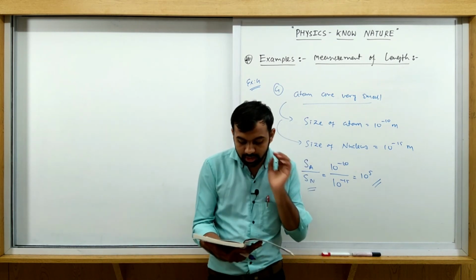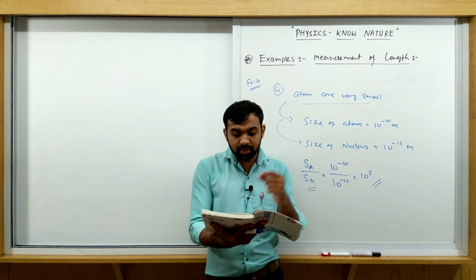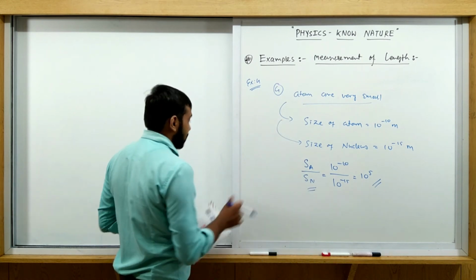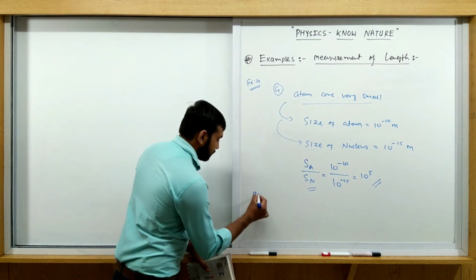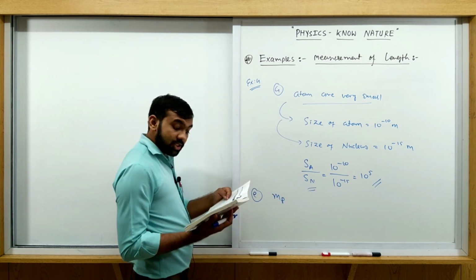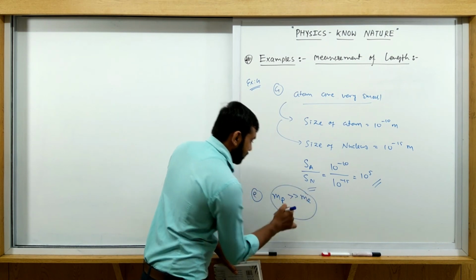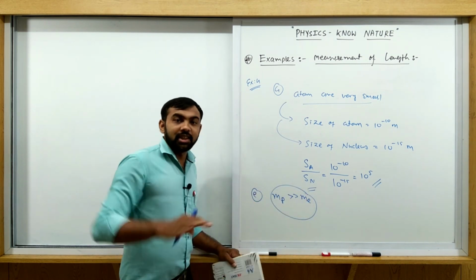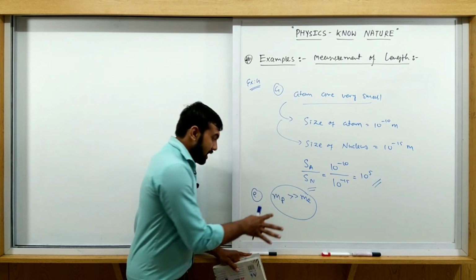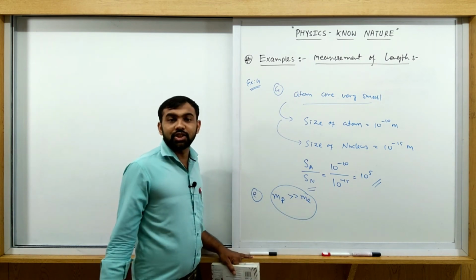Okay. Let's come to the next one, E. A proton is much more massive than the electron. This is the comparison. The mass of proton is much greater than the electron. Here the comparison is already given. In all the above statements, this type of comparison was not given. Here the statement is that the mass of proton is much more than the mass of electron. That is true.